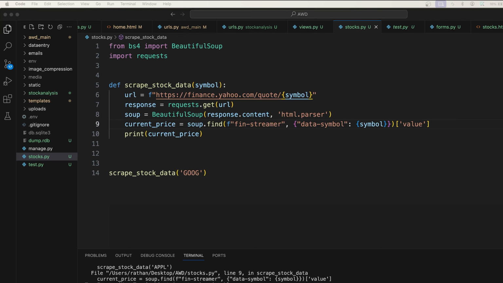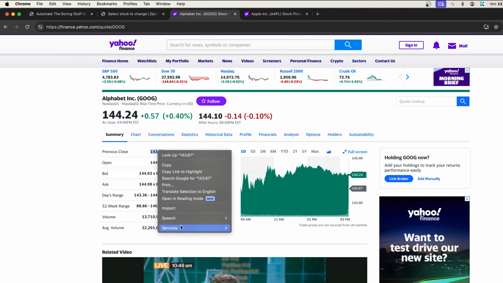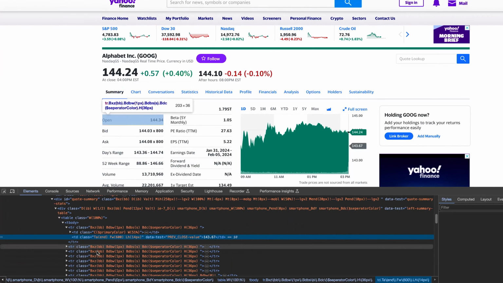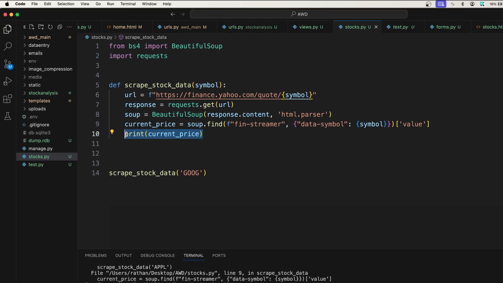Now let's try to fetch another one. Okay, so far we fetched this one, right? So this time we'll fetch the previous close amount. Let's inspect it, and here it's actually a TD, right? So let's soup.find for this previous close. Okay, we got the current price. Let's say previous